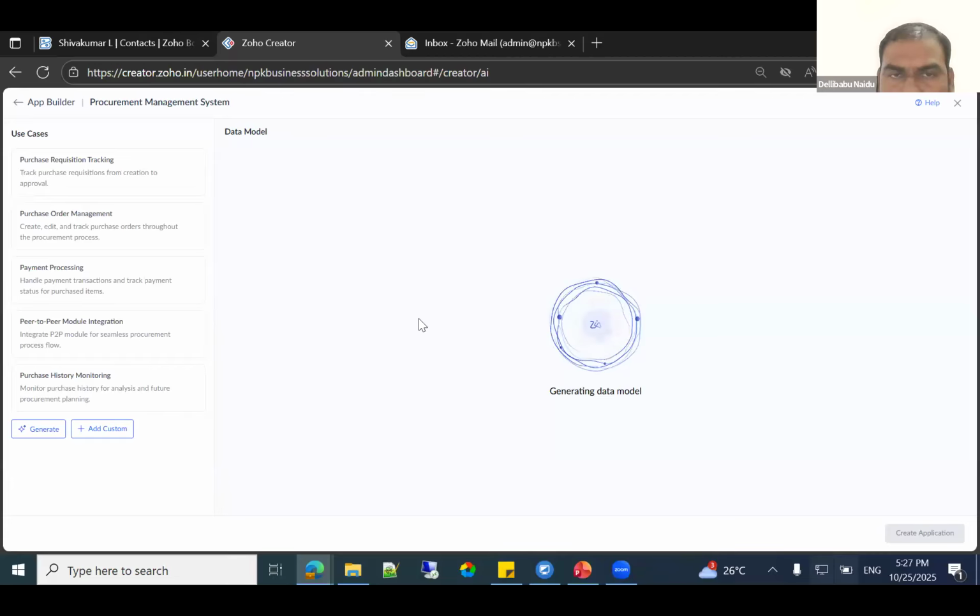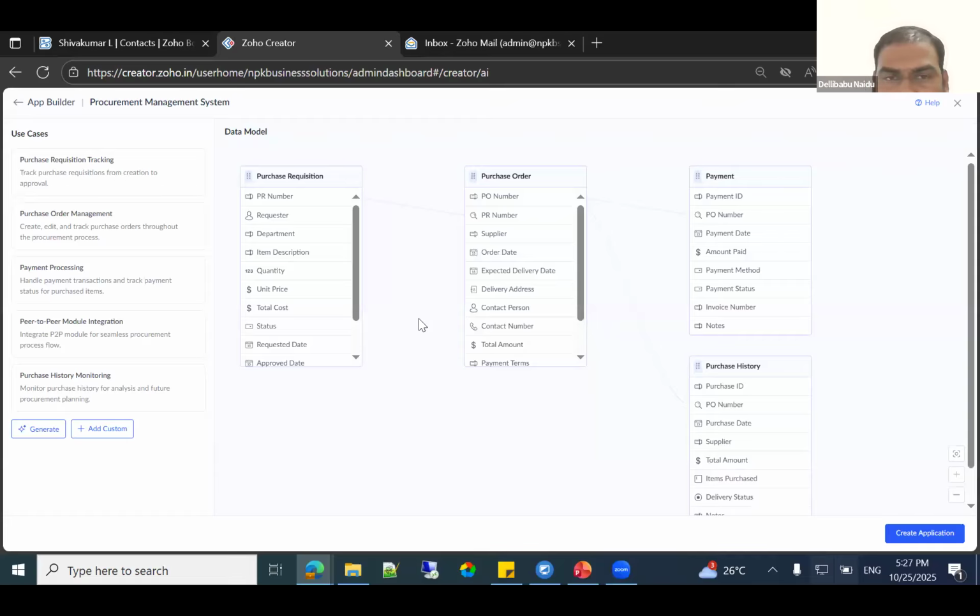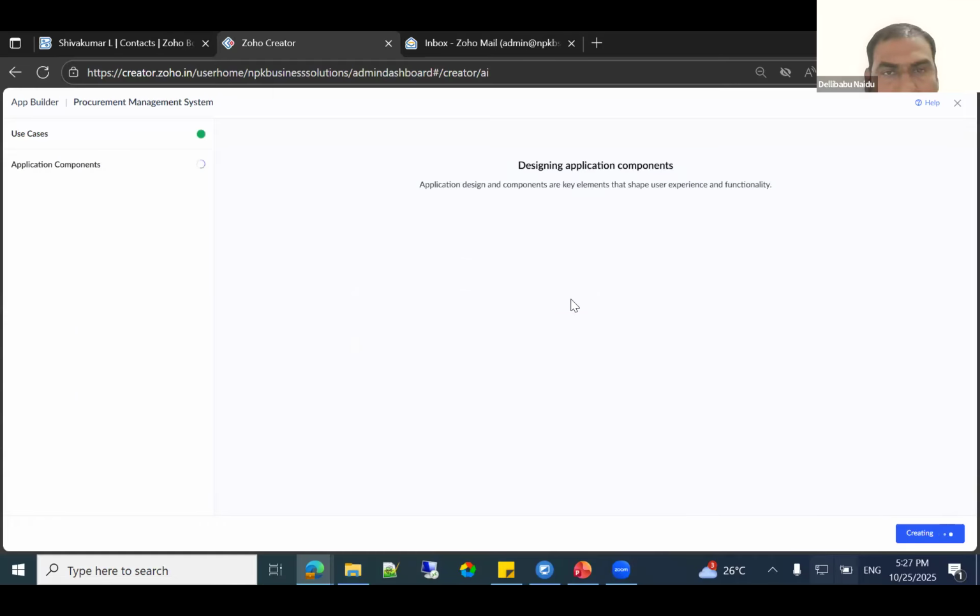If you want to add multiple criteria, you can mention them. Suppose in the purchase order I want payment terms and conditions, due date, or some other fields. If you mention that, it will be added automatically. See, tracking also is automatic. This is data modeling. We'll create the application.